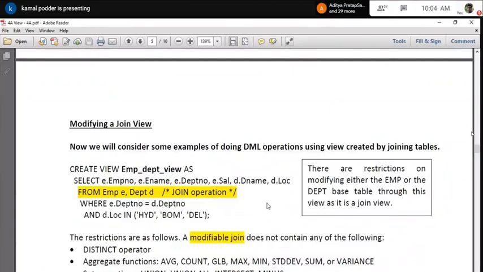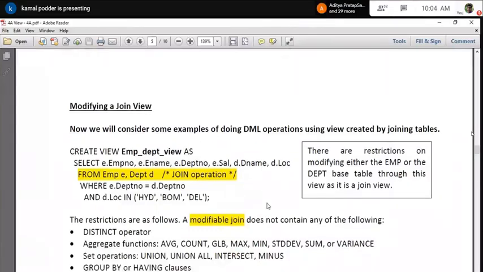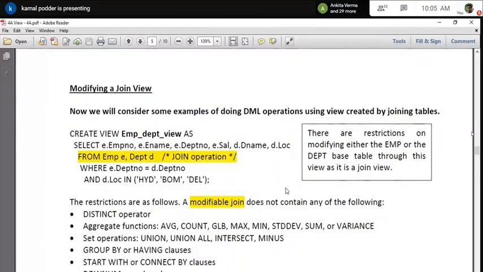If you don't have any, then let's start with the help of that particular view. How can I perform different types of operations? Suppose, as you can see, I have created a view by joining the department and employee tables. And what is my joining condition? The department number should match, and the location should be Hyderabad, Bombay, or Delhi. So it will provide all the employee information with the department name and location for Hyderabad, Bombay, and Delhi. So this is my view. I will explain several examples on the basis of that view, so you should understand the meaning of that.